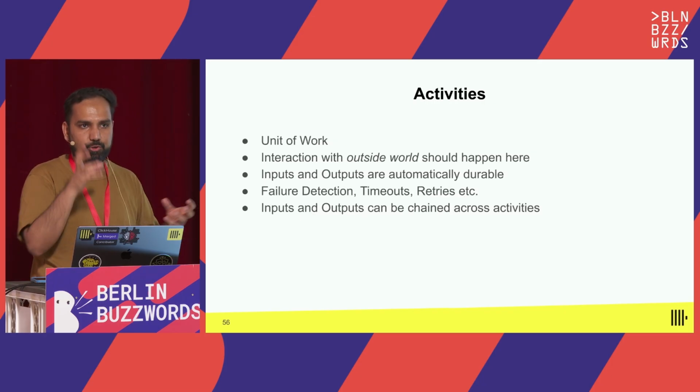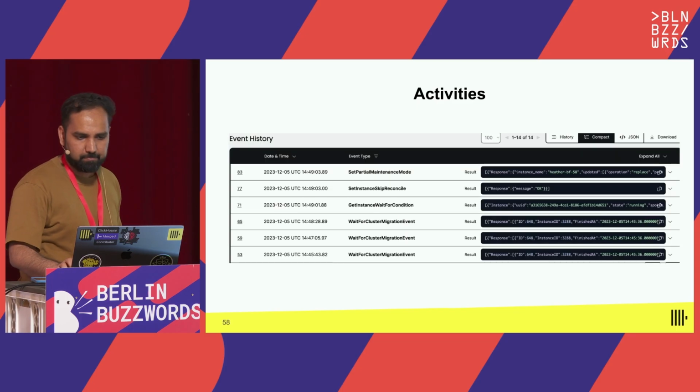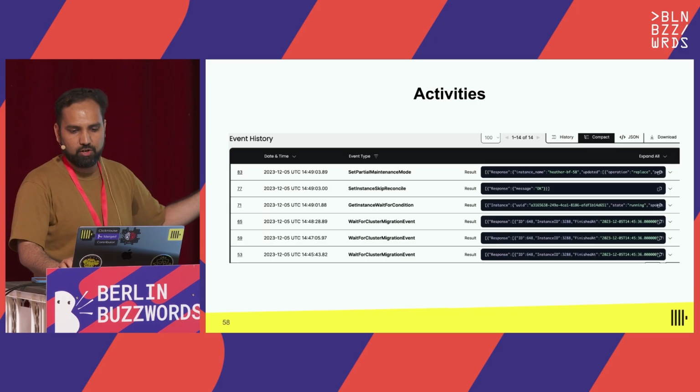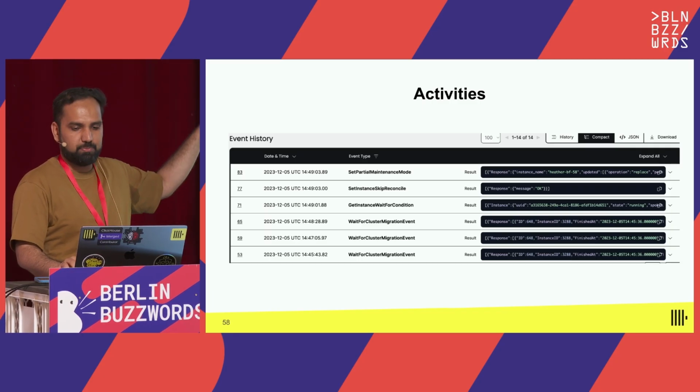An activity is basically a unit of work inside a Temporal job when you're writing it. And this is what it looks like, right? So you're waiting for events, and you get a really nice UI with the outputs of what's going on inside your instance, what stage of the workflow progression has been made so far.